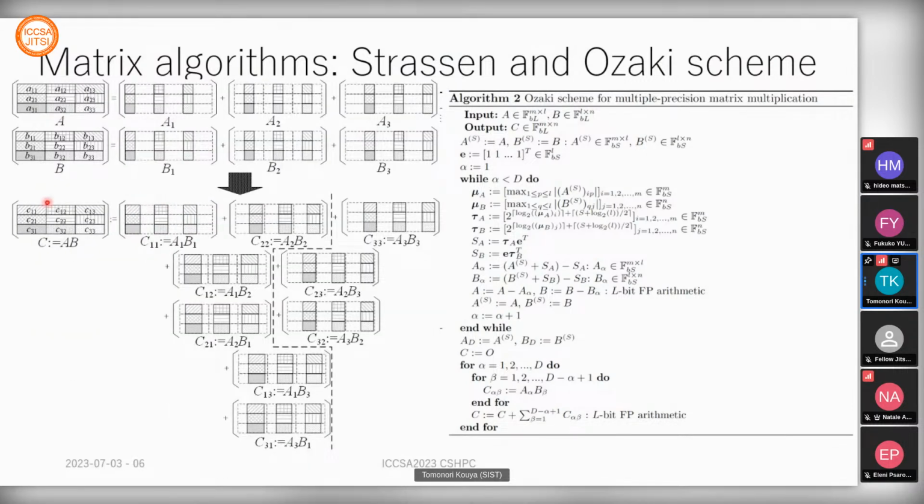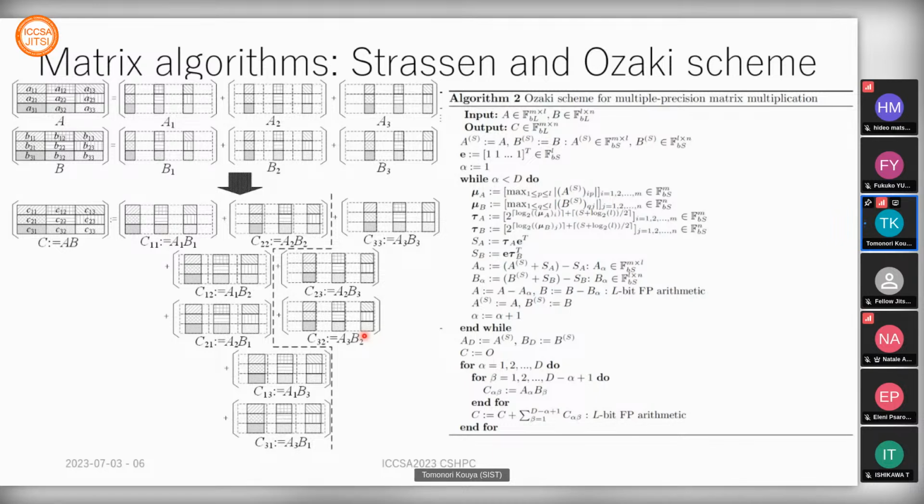For example, matrix A and matrix B can be divided into three parts of short precision matrices, and so we can compute the matrix product C with the three divided matrices by using short precision matrix multiplication like this. The performance of Ozaki scheme can be confirmed through a benchmark test